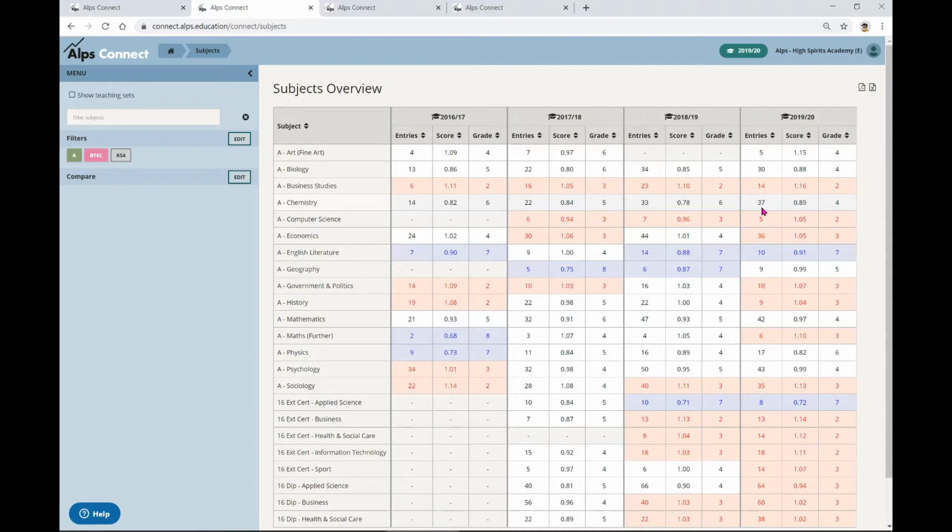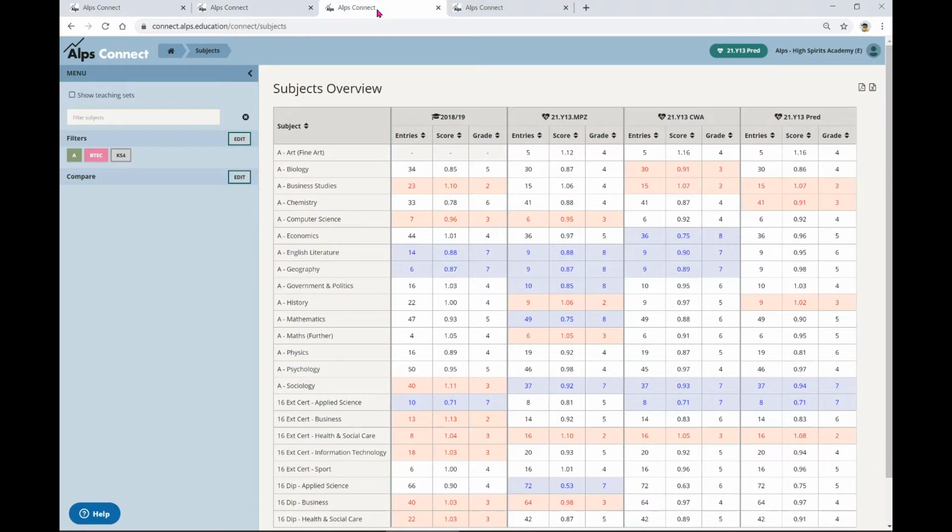So I think really it's about you as an individual within your leadership role, within your school or college, really understanding your data. And one of the things that I've always loved about ALPS is this ability to mix and match between results data, in-year data, and being able to look at some of those trends as we go through. So I've also got set up, this is now my current students, this is my current year 13. So this was an MPZ, set up on the 1st of September based on my current students.